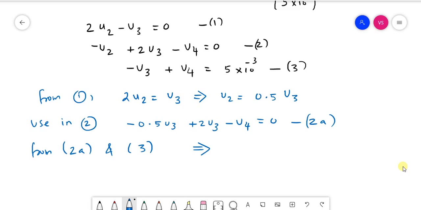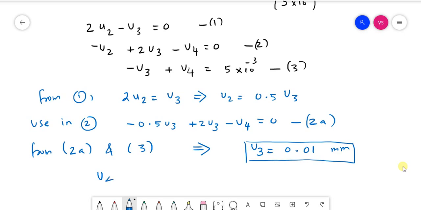That is u3 will be 0.01 millimeter, and u4 will be 0.015 millimeter,